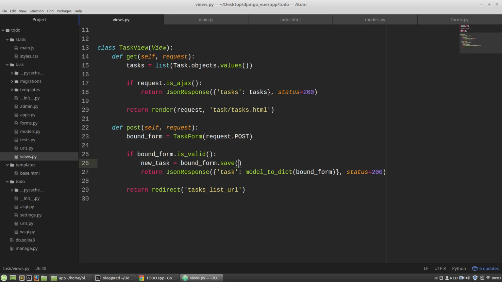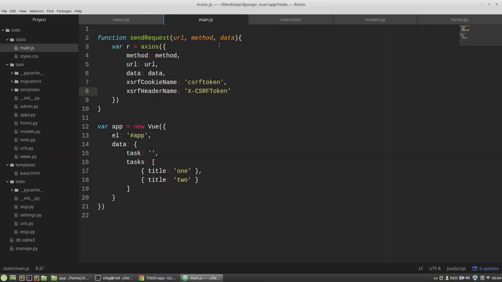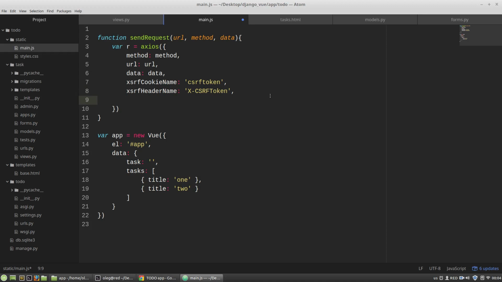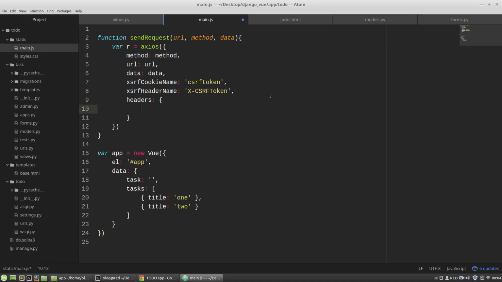And to determine whether a request is an AJAX request, the isAjax method checks the value of the X-Requested-With header. If the value is XMLHttpRequest, the isAjax method will return true. So I have to set the header to XMLHttpRequest. So I need the headers dictionary and my custom header X-Requested-With will be XMLHttpRequest,